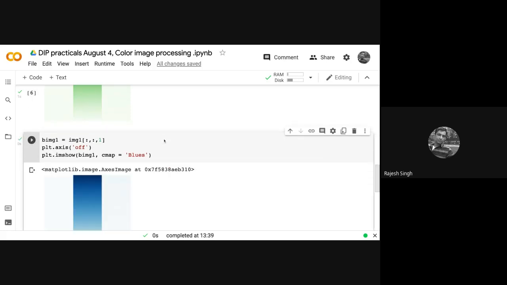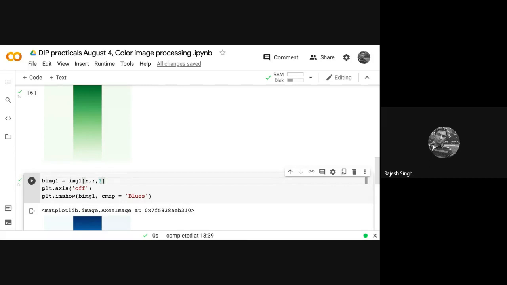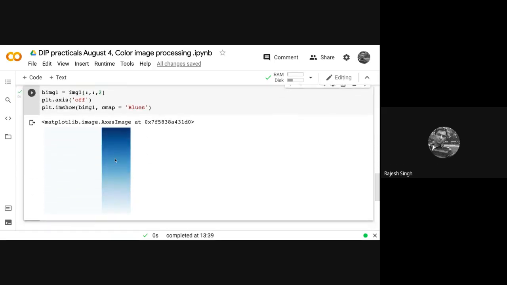So your blue will be extracted. What happened? Some issue, right? Yes, I'll tell you. You are still extracting the middle one. You have to extract the third one. Yes. So now you can see that you got your RGB.